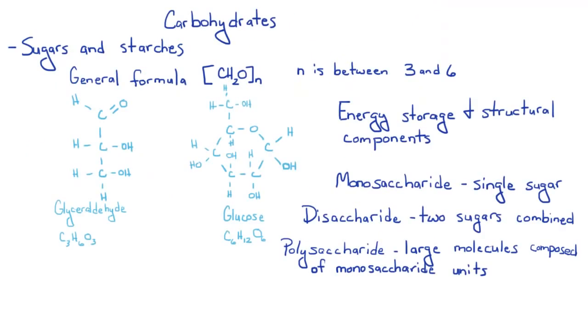Now we move to the major classes of organic molecules found within a cell. The first major class is called carbohydrates. Carbohydrates are sugars and starches. They have the general formula (CH2O)n. N just means N is a multiplier. N is between 3 and 6, so you can have